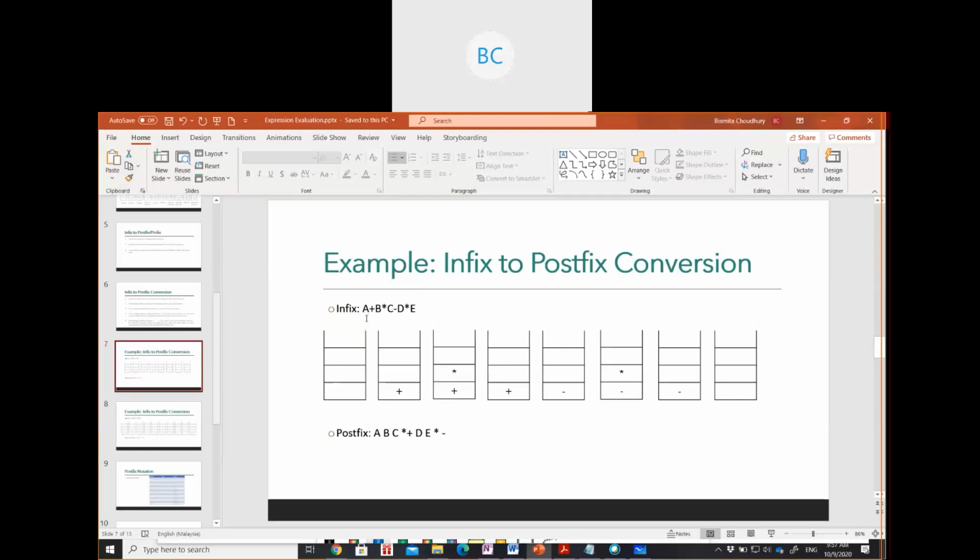So first symbol is your A. The moment you see a number or variable operand, you will put it in the postfix notation. Okay. Next, you scan again. Now we have a plus symbol, which is an operator. So an operator, you will push it to the stack. Okay. So this one will remain. Maybe I will just show it on the canvas, it is easier.